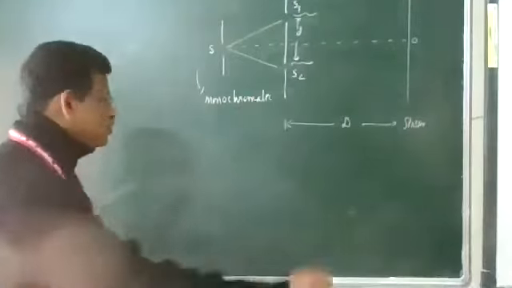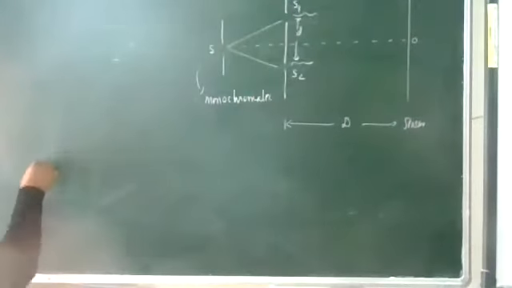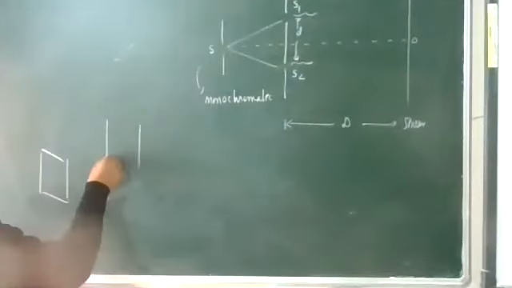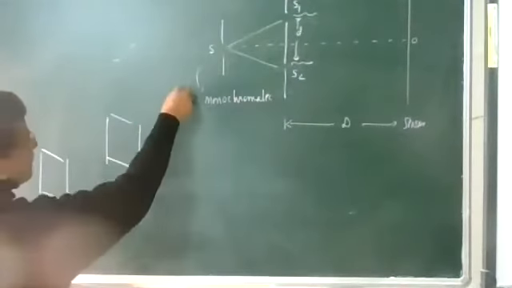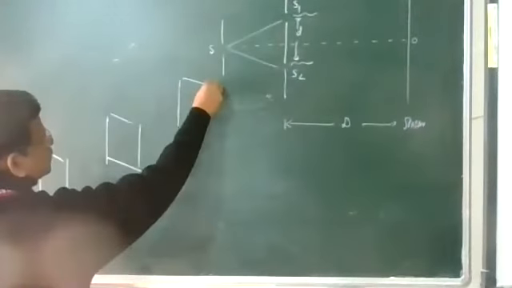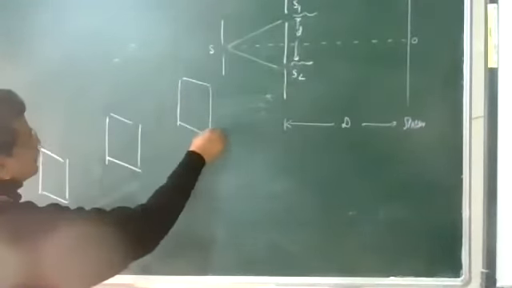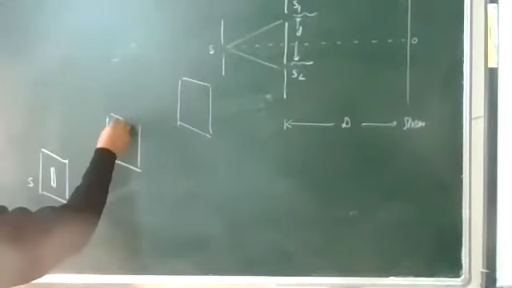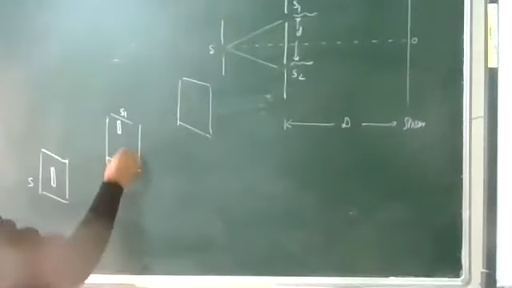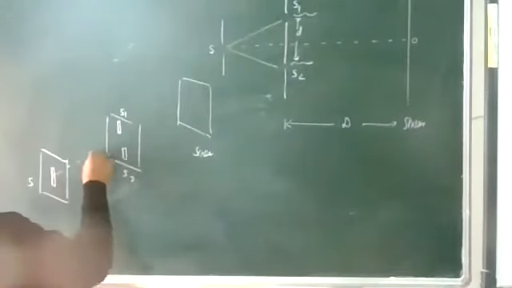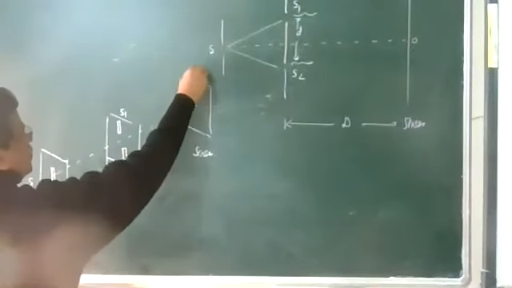So you can draw this diagram like this also. The pattern of the arrangement you can draw in this way. You can arrange this in the lab also. Experimental arrangement. The single slit S, two slits are made on a cardboard here, this one and this one. And this is your screen. The light is coming here and reaching the screen. This is the center point.